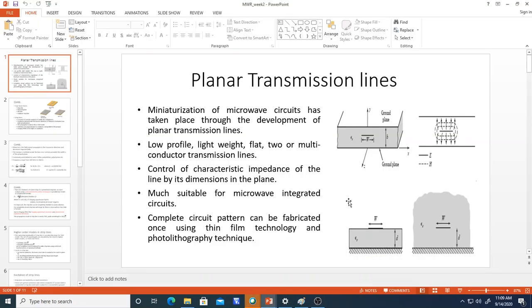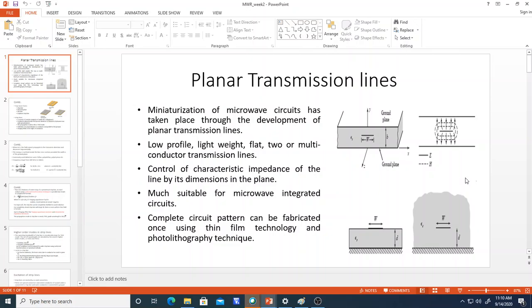So now, how can the planar transmission line be realized? If you take the PCB you have already seen, where you put the lumped components and soldered them, in a similar way there is a circuit pattern based on the transmission line methodology. You can take the example of a matching circuit in the transmission line, where you are matching from the input side to the output load.